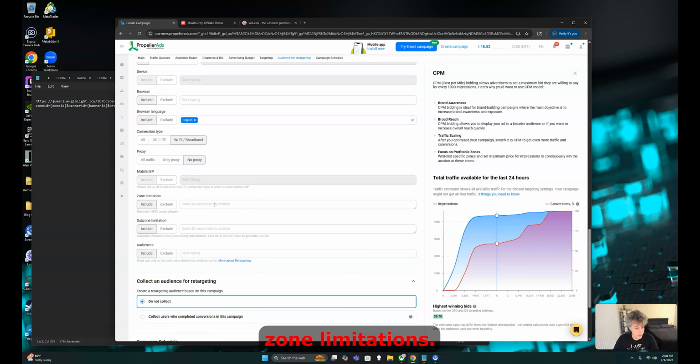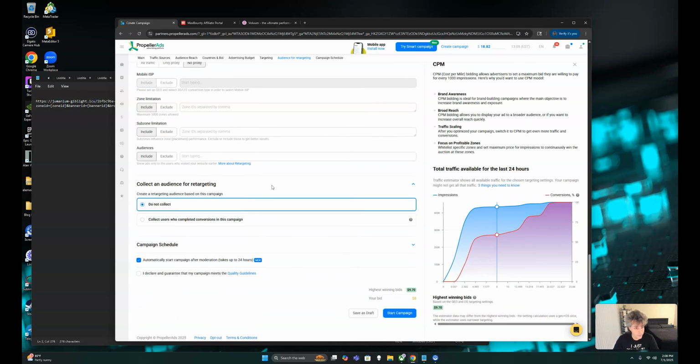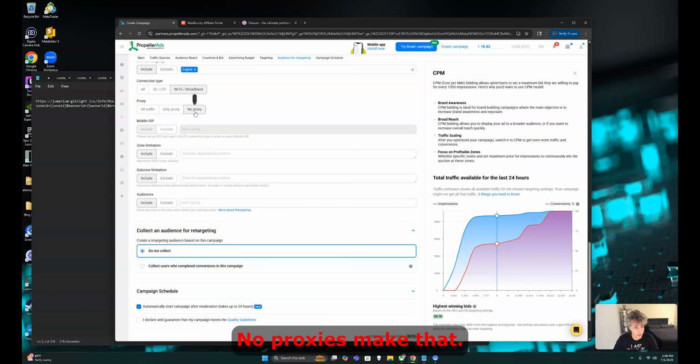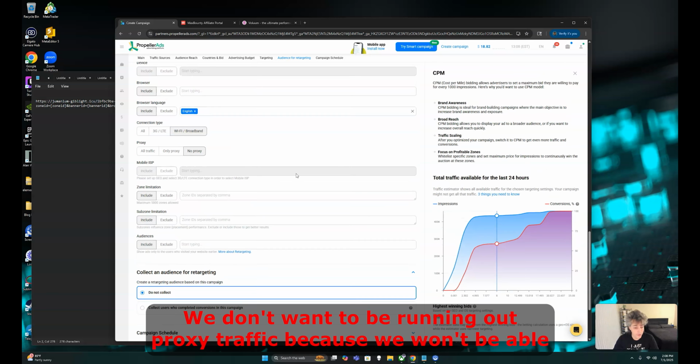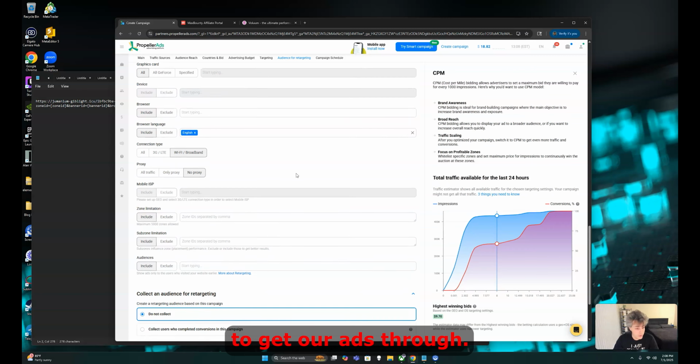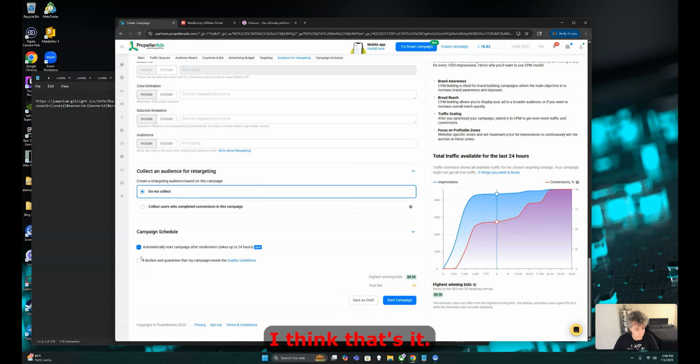Zone limitations, we don't have any zones yet because it's a brand new campaign. No proxies. Definitely make sure that's no proxies. We don't want to be running on proxy traffic because we won't be able to get our ads through. I think that's it. Declare that my campaign meets the